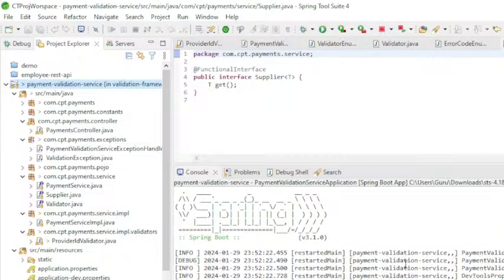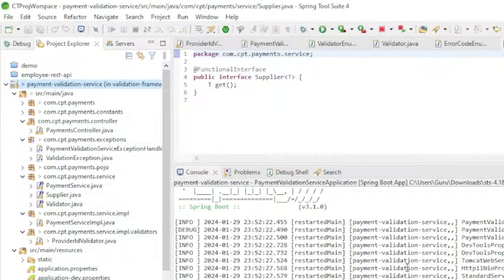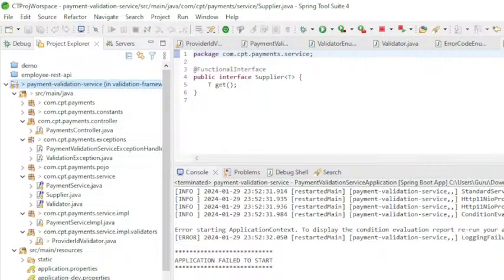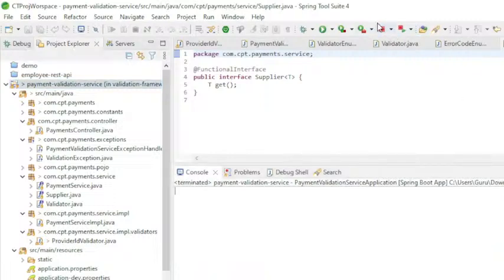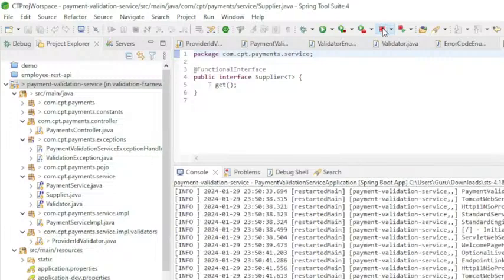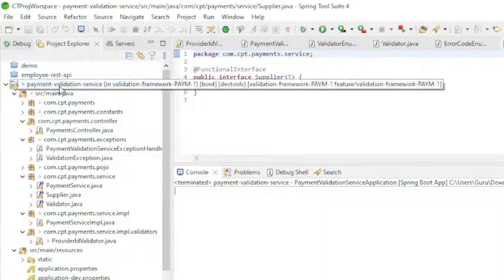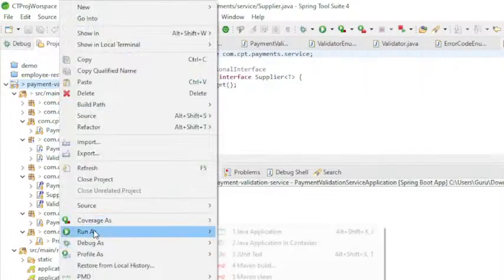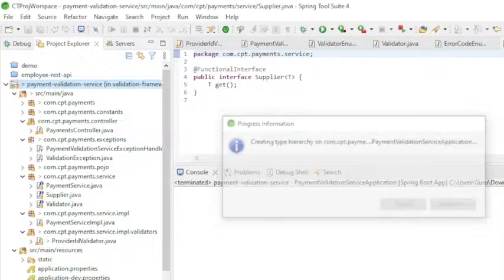But now again we have run. Let's see. Sorry, it's already running. So first I will kill these. Okay, I will stop all. Now again I will be rerunning the application. Run as Spring Boot application,